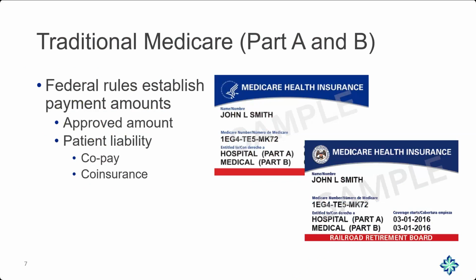Traditional Medicare was the first form of Medicare put into play, and it was established in federal rules, which then are translated into the fee schedules. So they look at a variety of factors in the fee schedules. They also have certain prospective payment systems, which again I will explain, that translate into certain payment methods. These are what are used during the claims processing portion for traditional Medicare.